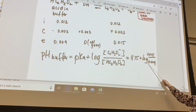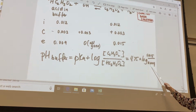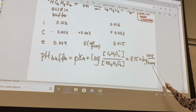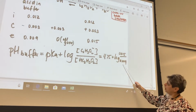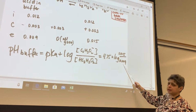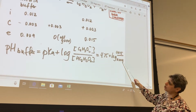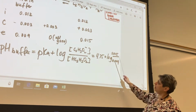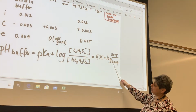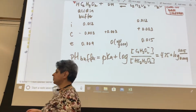And if you do the math, what you will see is that the theoretical pH of the buffer with added base should be something close to 4.9. We didn't quite get that for our measurement because my pH meter was acting up, but we did get an increase in pH in the buffer with added base versus the original buffer. So here the expected pH is going to be about 4.9. Last thing I'm going to discuss real quick